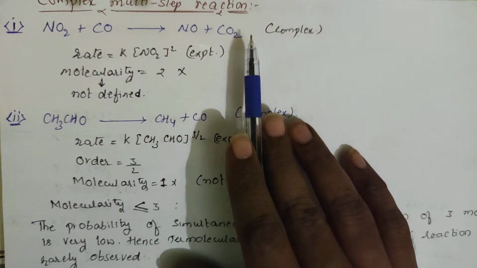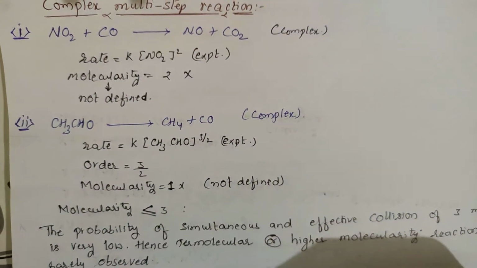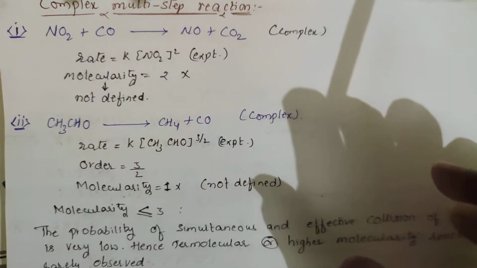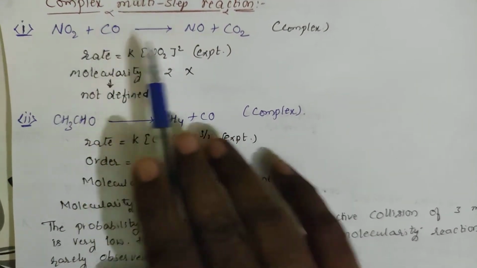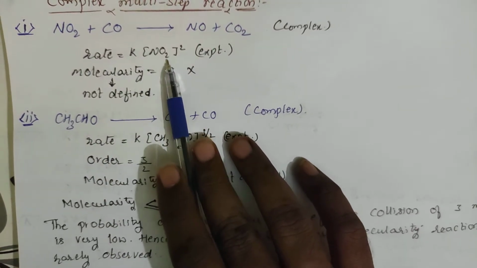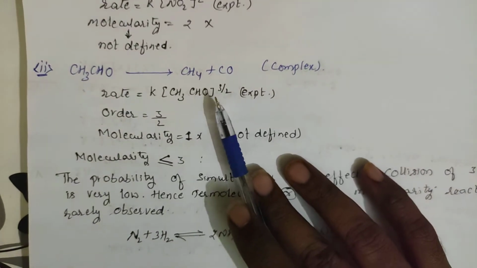You should find out the rate determining step. Whichever the slow step is present, you will be writing some steps, right? The mechanism of the reaction you should know. In that you will be finding out the slowest one. In that you will be seeing the molecularity. This one is not a molecular reaction, so you can't write 2. Rate, this is the way it has been got finally. What is the order now? Order is nothing but 2.